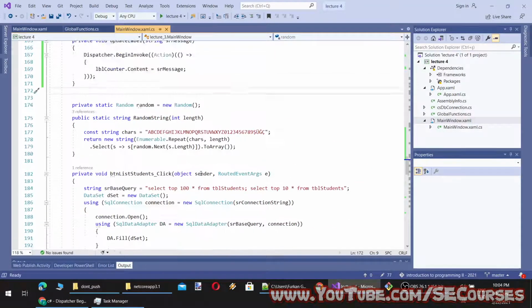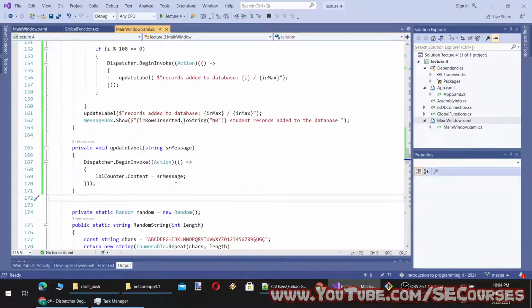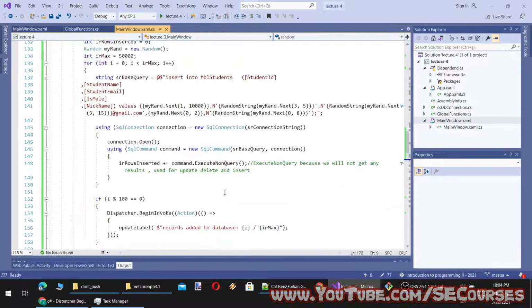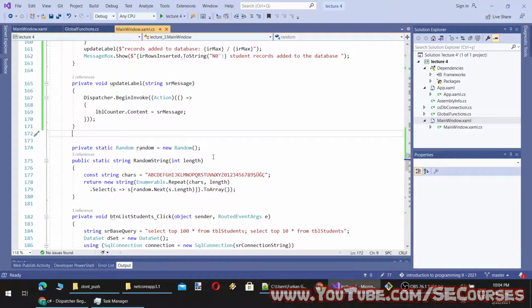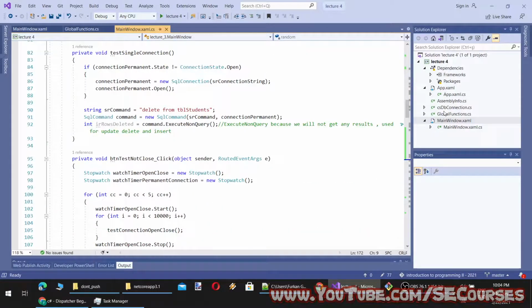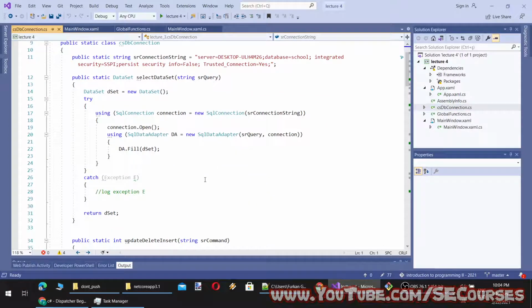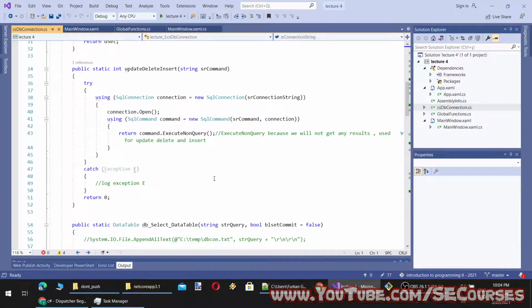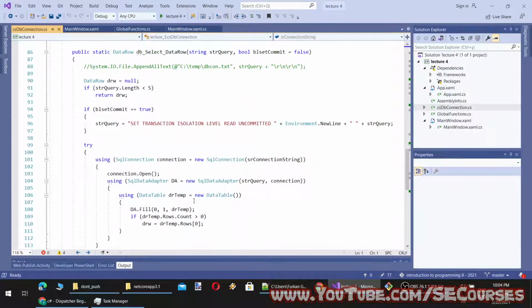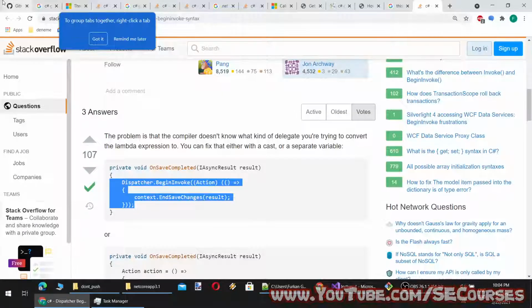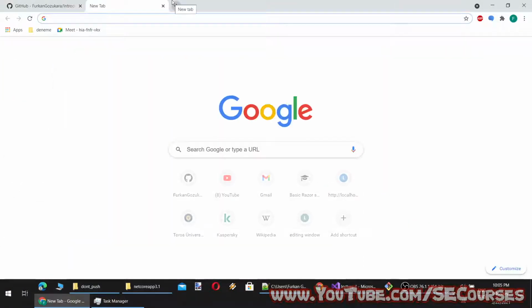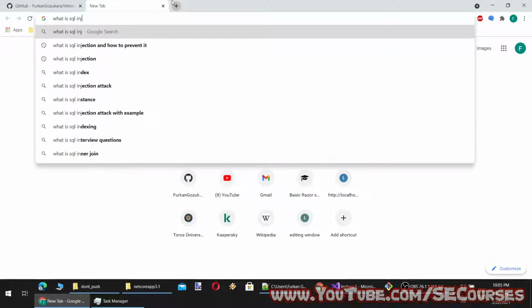Okay, so now you understand the logic behind using tasks to run methods under different threads. However, our code is at the moment vulnerable to SQL attacks, SQL injection, which is the most common way of hacking applications, application servers and databases. So what is SQL injection and how do we prevent it?